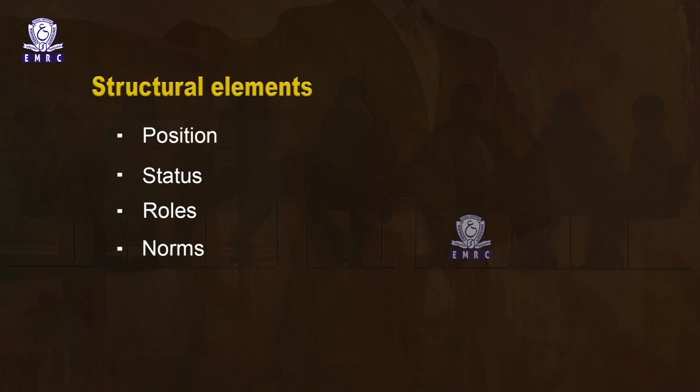Now, the fourth element is norms. Norms, as the name indicates, as we already saw under the formation of group, are a set of rules that inform people about what is expected of them. Norms are the expected standards from members of a group which are agreed to be implemented by the group. Norms provide consistency and predictability to members as well as to the group behavior.